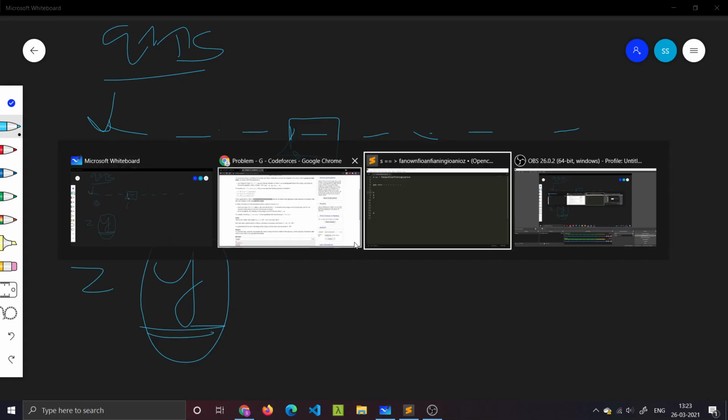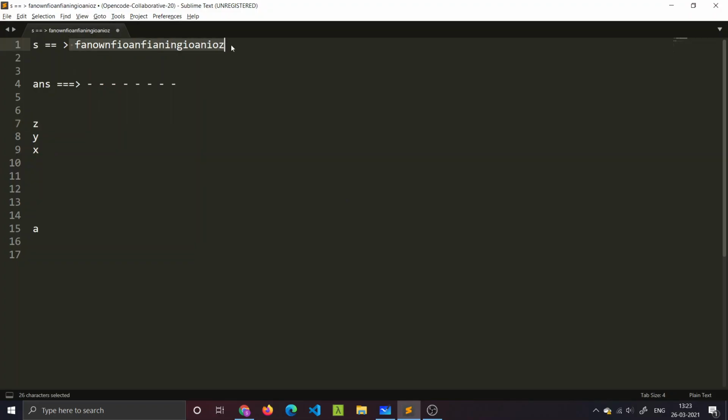Basically, let's say I have a randomly typed string, and I'm checking whether I can insert I over here or not. The greedy approach for checking I is that first I need to check the first occurrence of I in our string S. Let's say it occurs over here. Now I need to check whether this particular substring has all the characters which are still remaining that I have to add to the answer. Because I have to make sure that the answer has all the characters which were in S and which are not yet used.